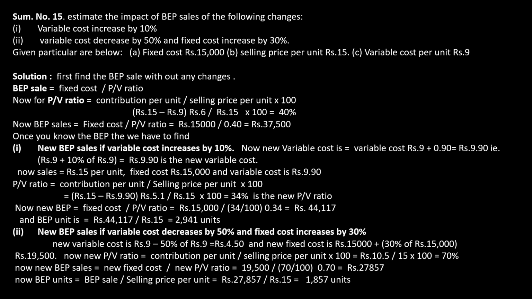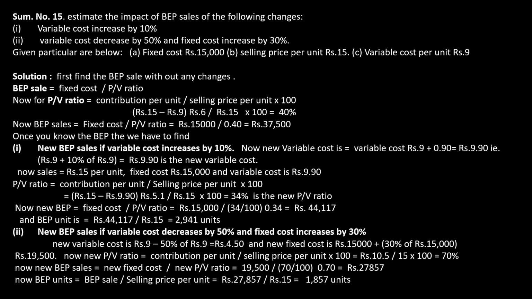So whenever the selling price per unit and variable cost per unit is given, in those cases, if you are asked to find BEP, we should find both BEP units as well as BEP sales. We found the BEP sales to be 44,117. Now my BEP units will be, the formula for that, BEP sales divided by selling price per unit. I know my BEP sales is 44,117 divided by selling price per unit, rupees 15. Therefore my BEP units will be 2,941. So that will be my second subdivision. First subdivision done. Now we'll go to the second subdivision.